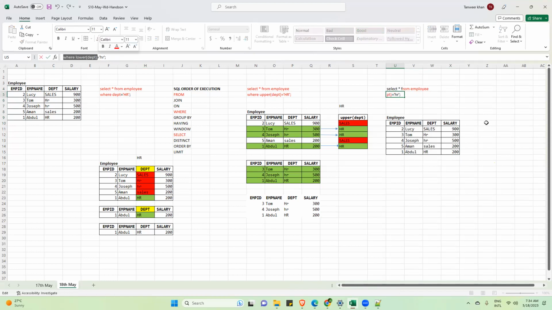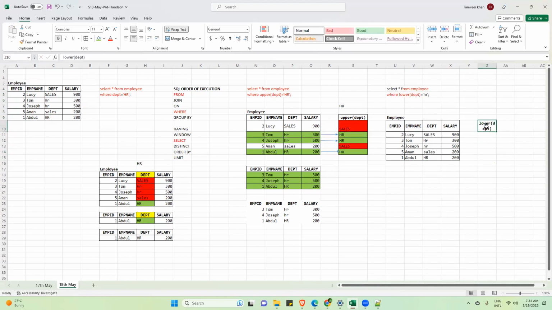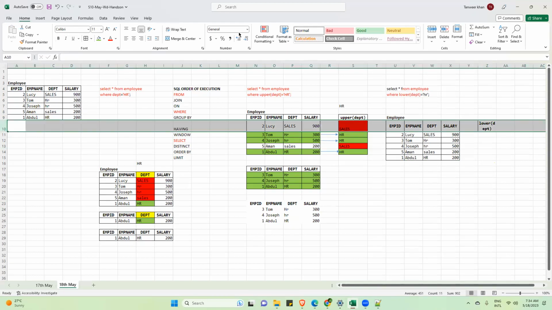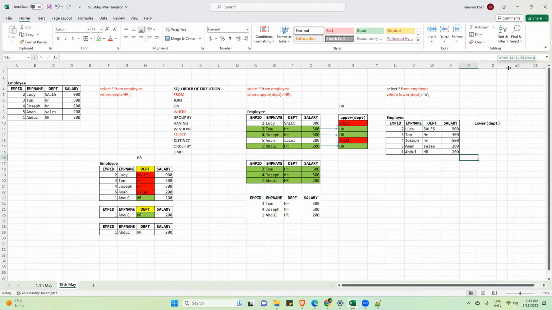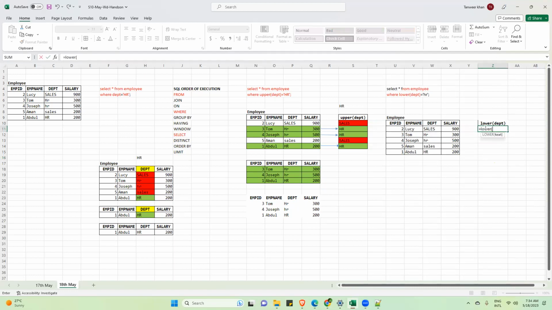The meaning of lower department is: please convert all the data in the department column to lowercase. See guys, it is very important to understand the meaning of each and every keyword. So lower department means please convert all the data of this department column to lowercase. So now see, I will convert everything to lowercase. Now see, all the records have been converted to lowercase. So this is the meaning of lower.